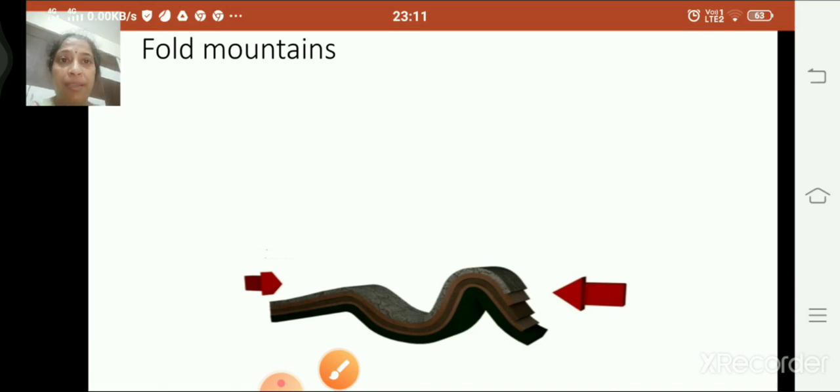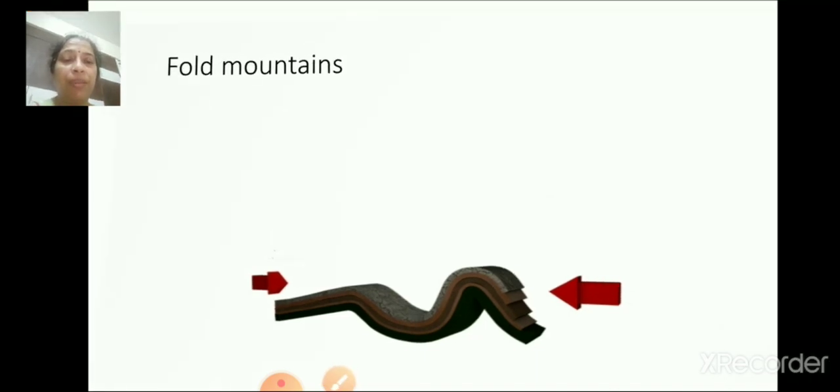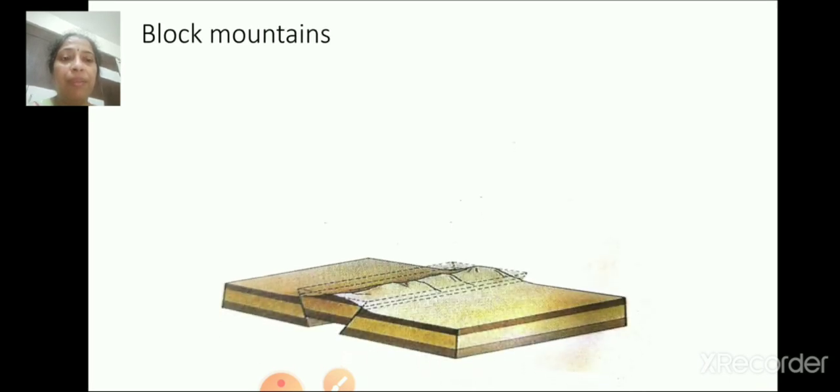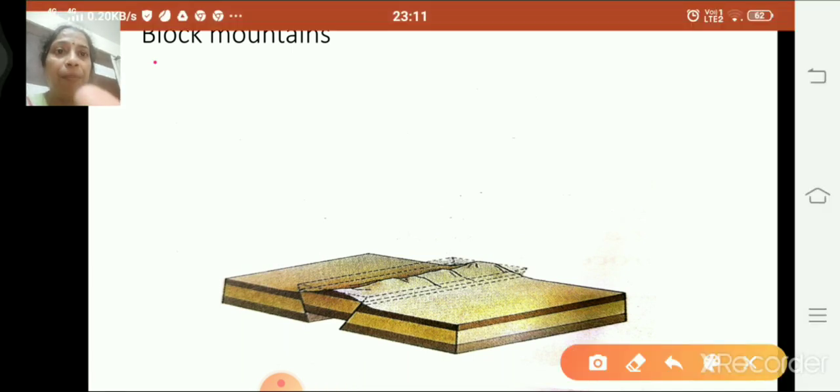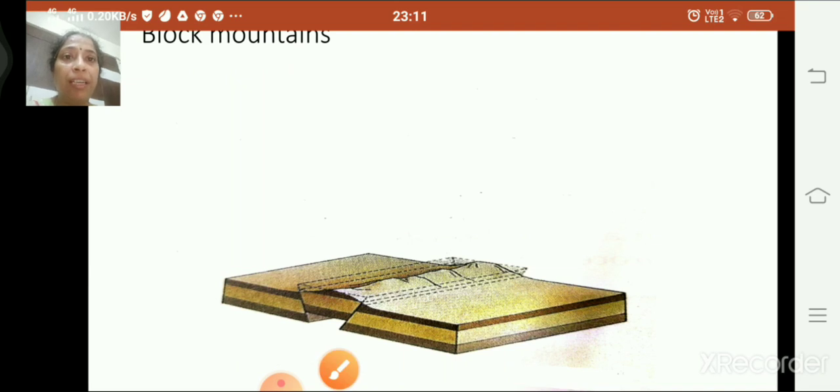The next one is block mountains. So you will draw this also and you will write the name. Is that clear? Students, is that clear? You will draw these two mountains, that is fold mountains and block mountains, and keep it ready.